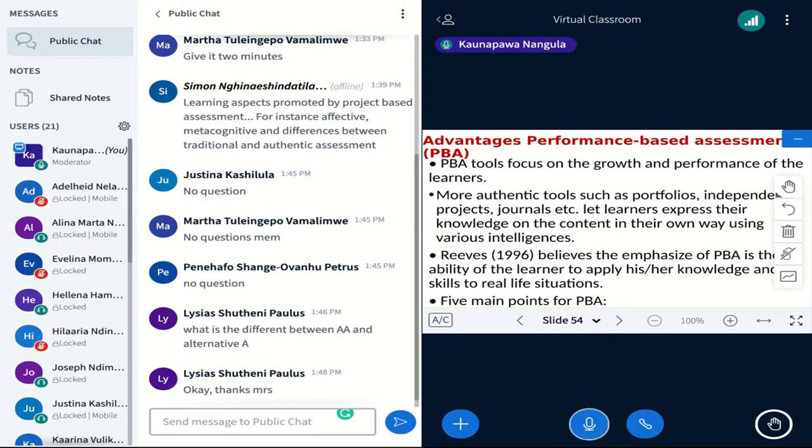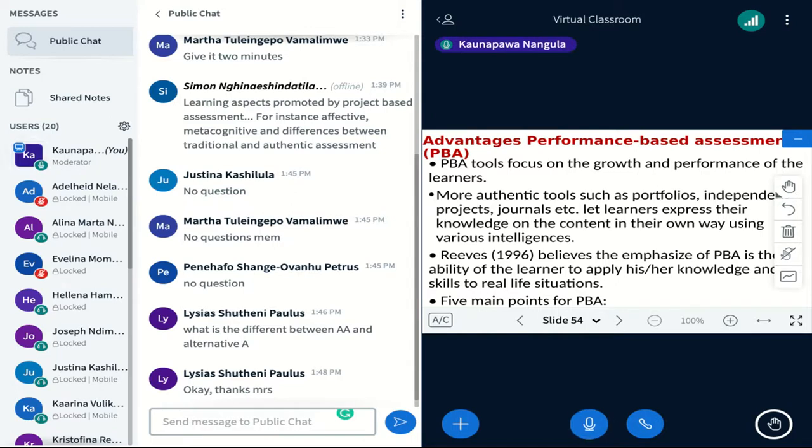Have you covered multiple intelligences by Gardner? There are people who are good at speaking, people who are good at movement, and people who are good at words. We have psychomotor, which is the movement. There are those who are good at doing, and those who are good at visual. Do you understand? We have different intelligences, right?